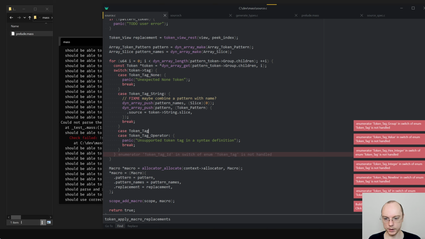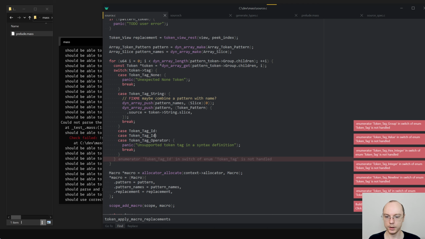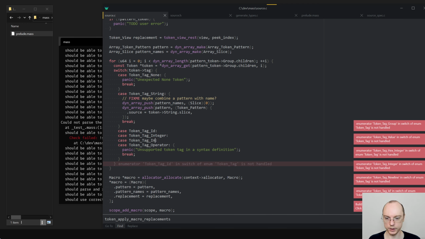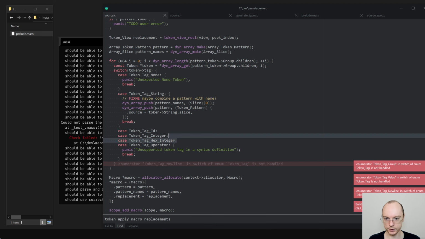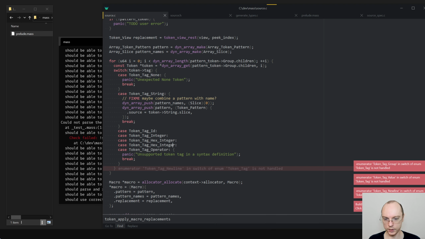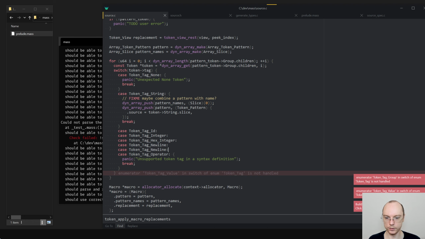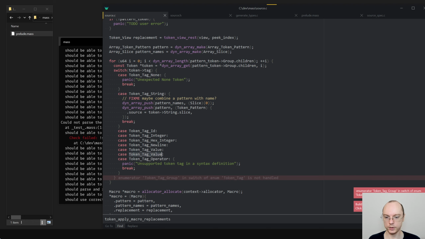Token tag ID, token tag integer, token tag hex integer. What else did I forget? Uline. Okay, and value. And group.